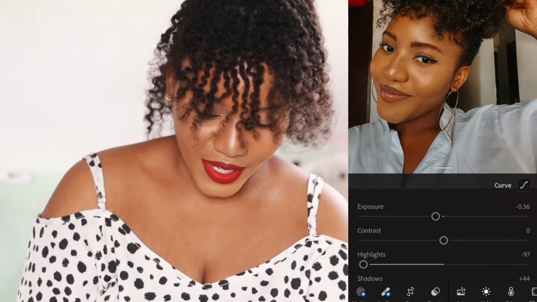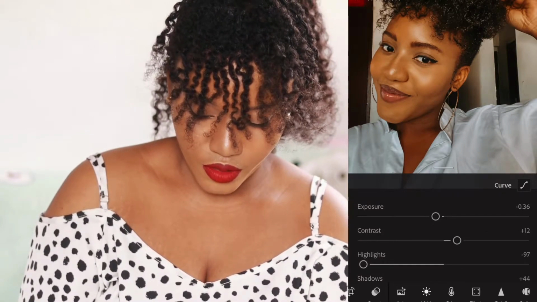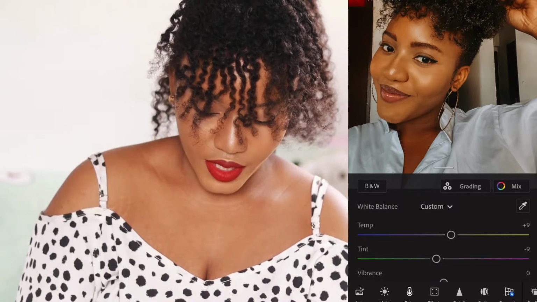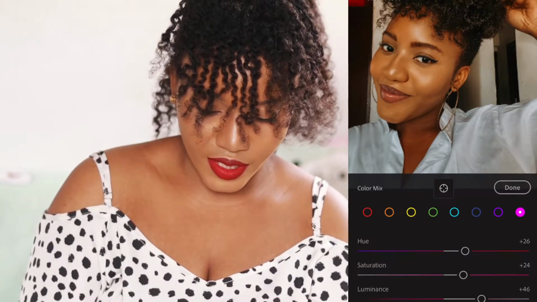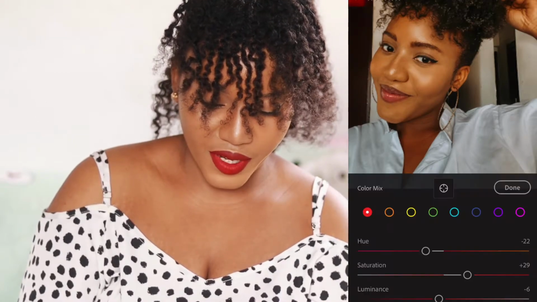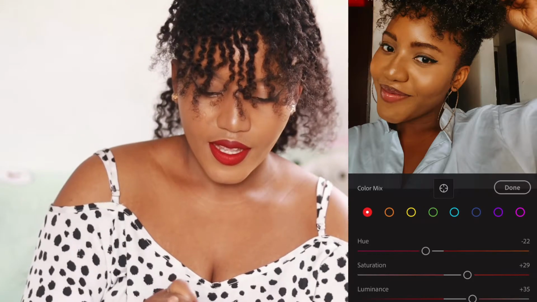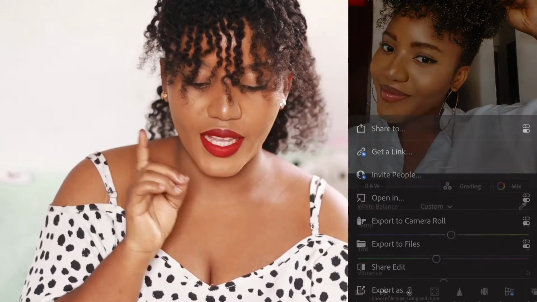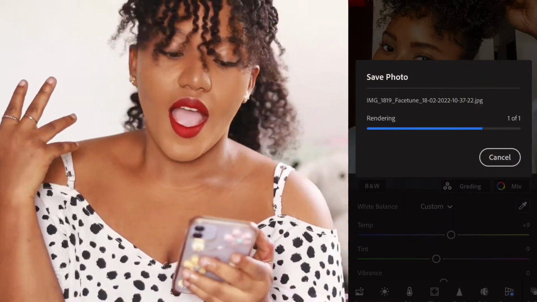And then I try to reduce the contrast a little bit, and then I go to colors and click on purple. Is it purple or pink? Okay, so I go to colors and click on red because I think that's the color that is being picked right now, and I try to bring out my lip color, and yeah, that's it. And then the last but not the least, I save it and I take it to the next app,